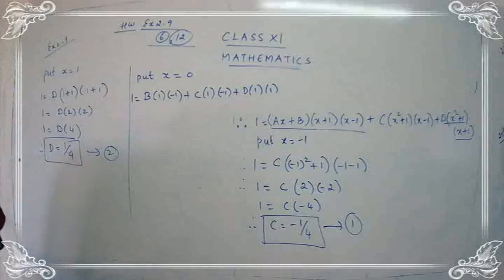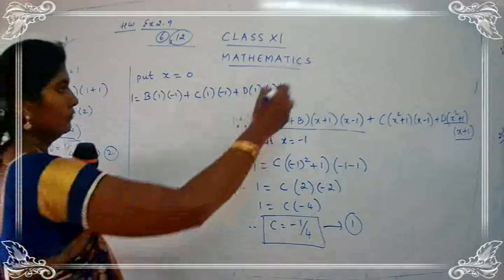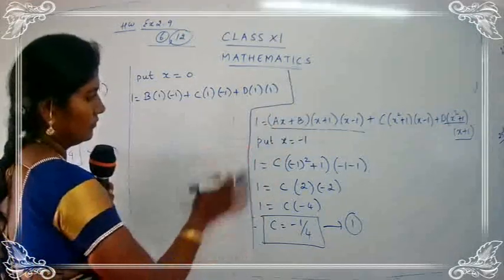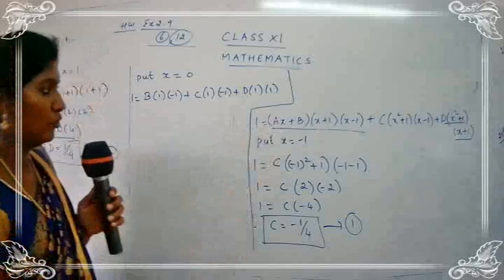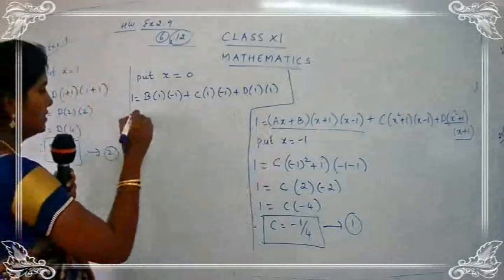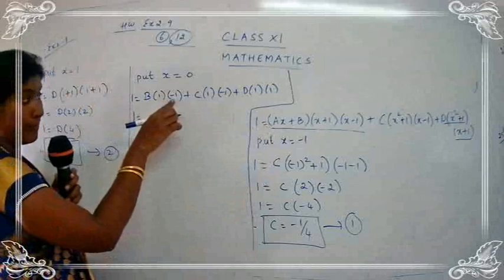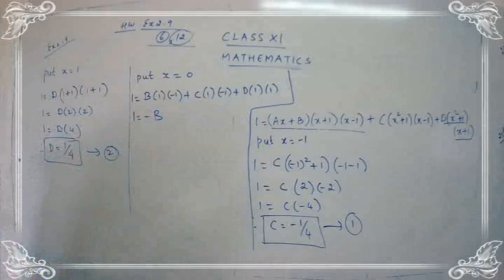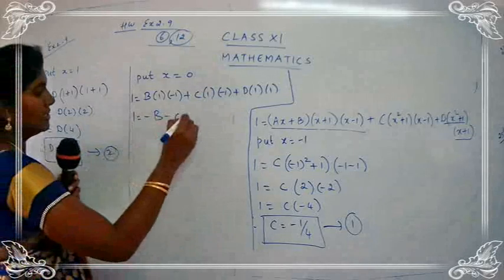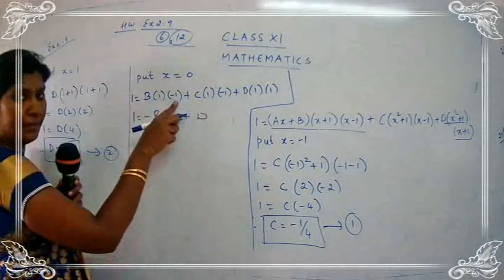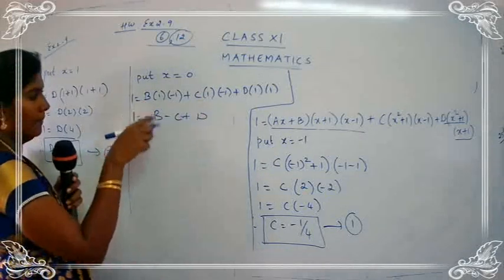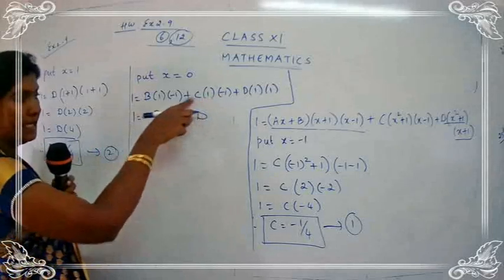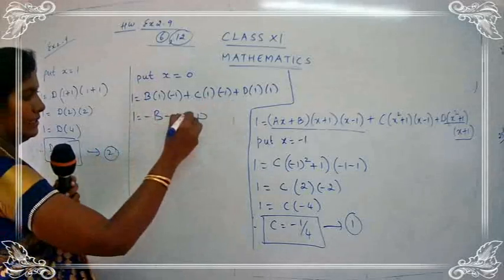Now let's try to simplify it. Actually, I want this step for the one more part. Let me substitute this. Let me solve it. 1 into minus 1, minus 1b, that is minus b. 1 into minus 1c, that is minus c plus d. 1 into minus 1, minus 1. Minus 1 into b, minus b. 1 into minus 1, minus 1. Minus 1 into c, minus c plus d.